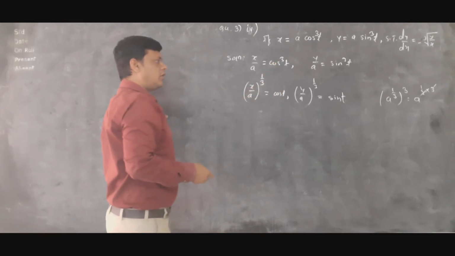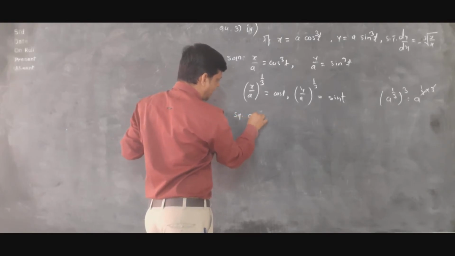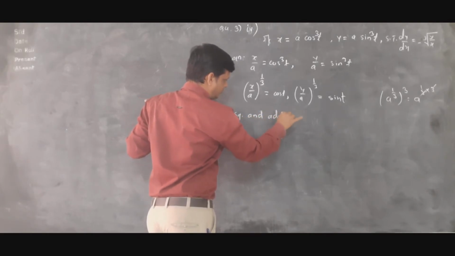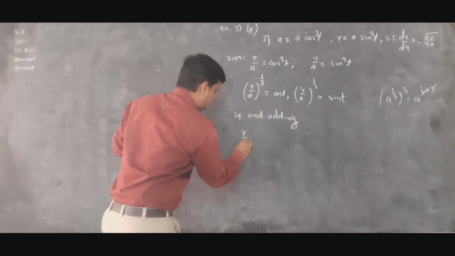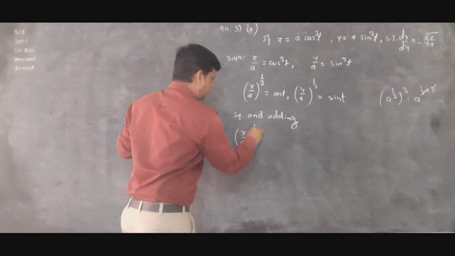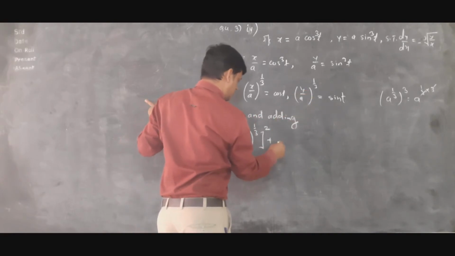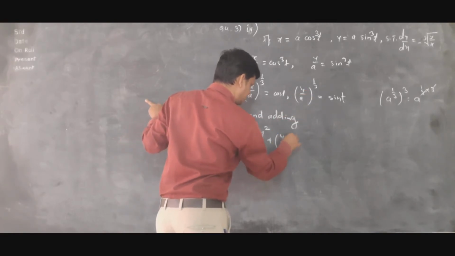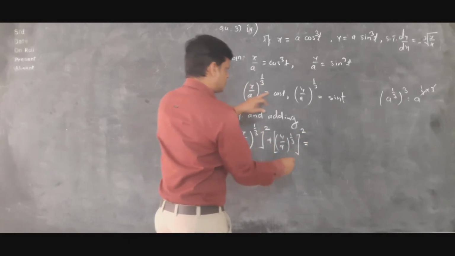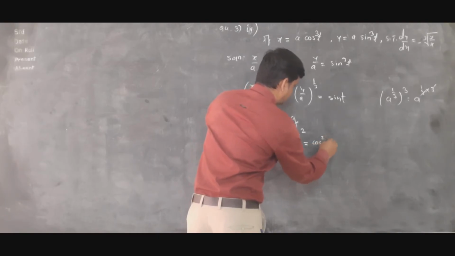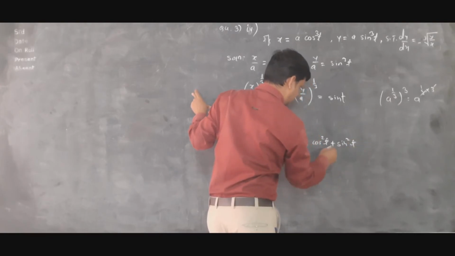So here for the identity we require cos square t, sin square t. So we are taking square on both sides and adding these two functions. So right here, squaring and adding. So here if we take square, we write (x by a raised to the power 1 by 3) bracket raised to the power 2 plus (y by a raised to the power 1 by 3) bracket square is equal to, so square of cos t we write cos square t, square of sin t we write sin square t, and this is the identity.